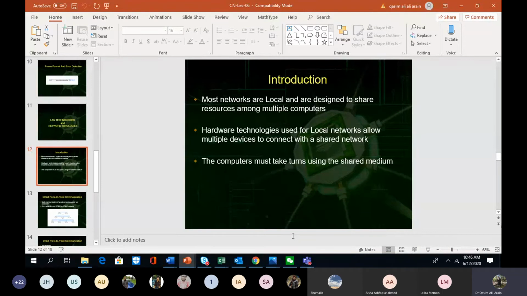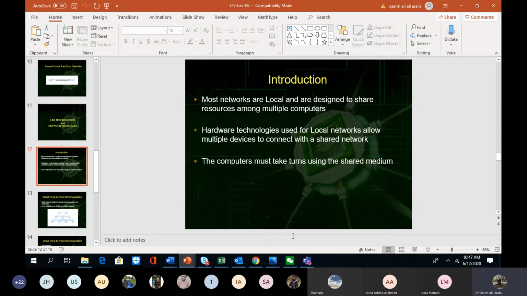It is not the case that whenever any computer wants to send data, it sends the data over the network, and whenever it wants to receive data, it can receive it. The reason is the topology is different. The topology is bus topology. In the bus topology, what is going to happen? Your medium is shared. There will be one central transmission medium with which all your 8, 10, 5 and 6 computers are connected, and that shared medium only allows the computer which is going to send over the network a particular signal.